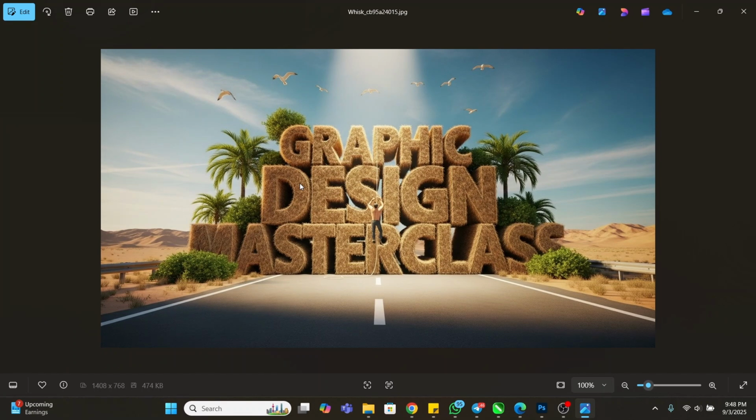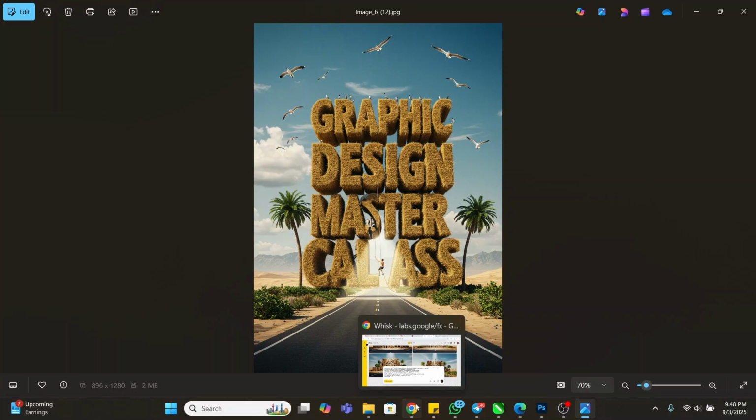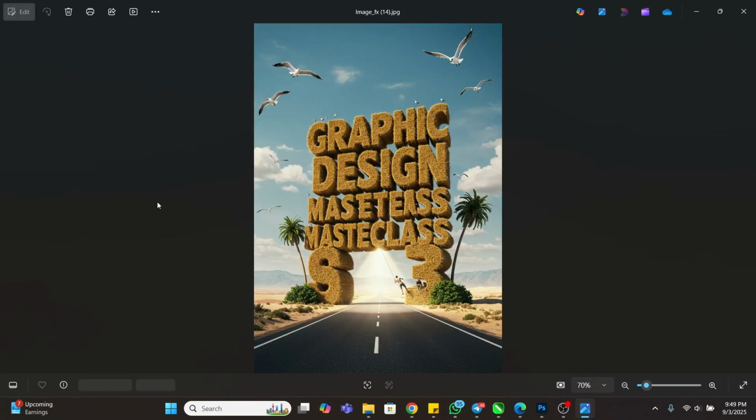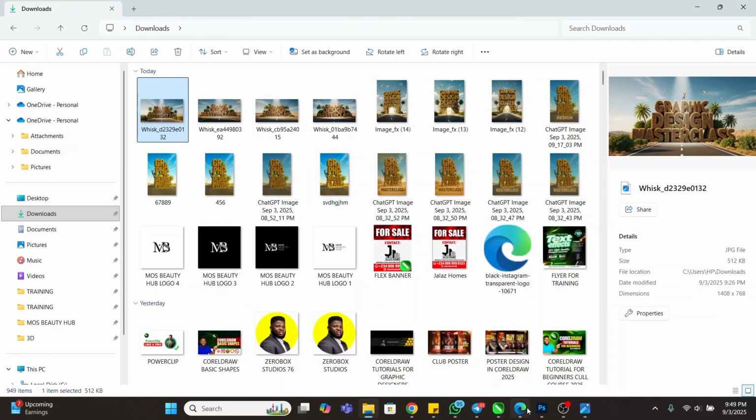I don't know, and I love the one from ChatGPT. It's only ImageFX that is giving me what I don't know. Because why do I ask you to download something for me and then you are adding to it season master colors? You understand? So I think I like the one from Whisk more, right? But if you want to use it for something else, maybe you want to use it for a church event, maybe like church Sunday school service, right? You can just change